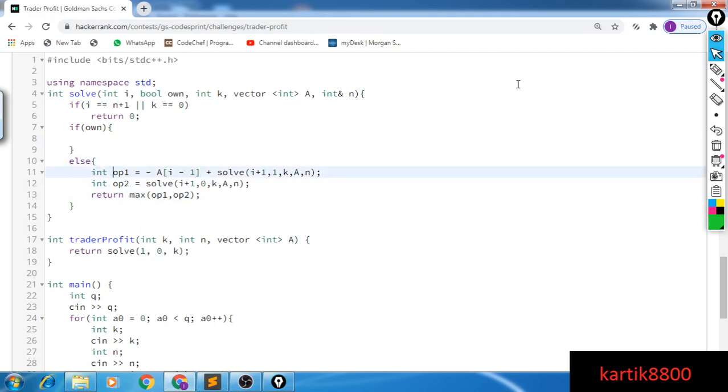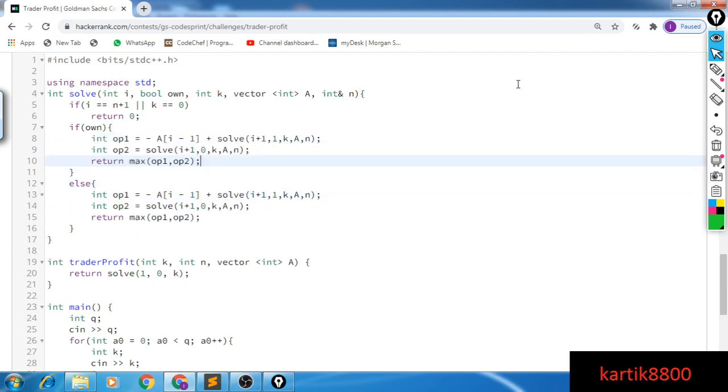And similarly, if you own a stock, you will have similar recurrences. Let's discuss them too. If I own a stock, I can sell it for the price, right? So I'll get this particular price, which is why it is a positive quantity here, plus I will go to the next state, where the next day I won't be owning a stock. I can make k-1 transactions, because I just made one sell transaction. The other option is that I retain the stock, and that's it. So yeah, we are done.